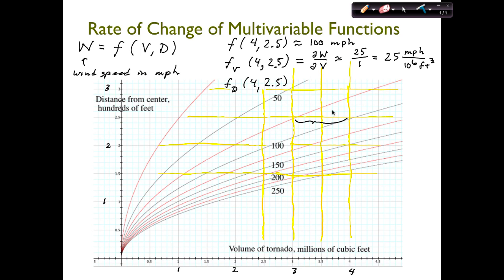Okay, what about the partial with respect to distance? So now we might want to go up and down like we did in the table. We did both sides, so we kind of have to estimate. Either you go 25 and you estimate the distance, or you go a distance of 1/2 and you estimate the wind speed. Does that make sense? You got to pick one or the other. So let's go 25 in